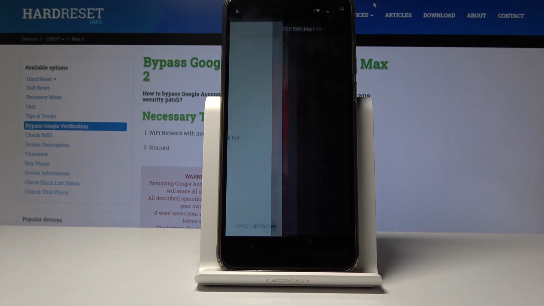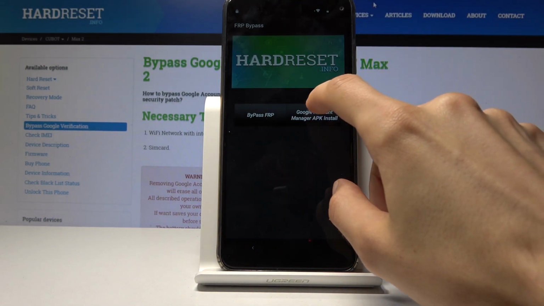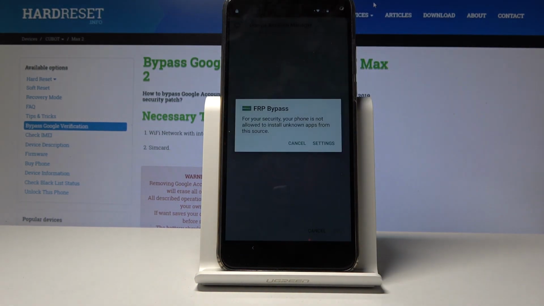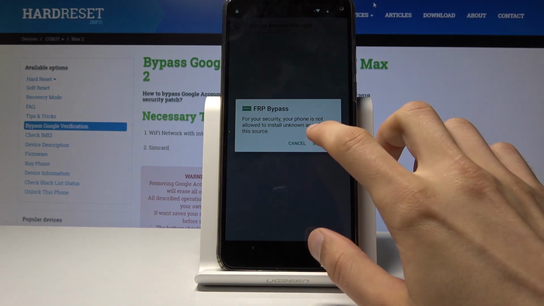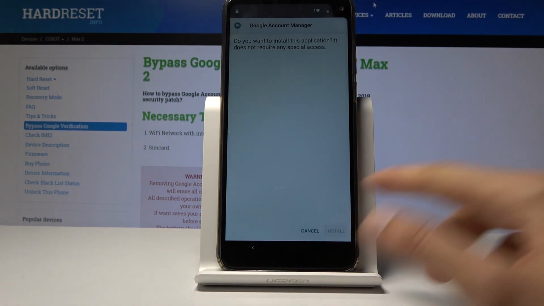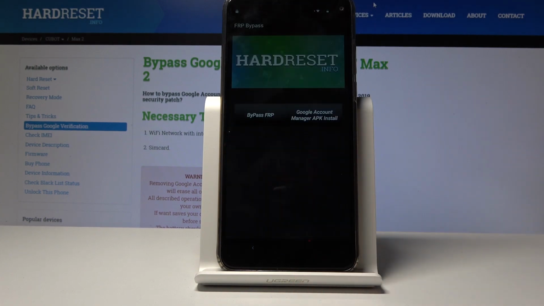And now just simply tap on open, choose Google Account Manager APK install for version 6.0, and once more, same premise, tap on settings, allow from this source and go back and install. Now once it installs, we just want to click on done and go back to the FRP bypass app,